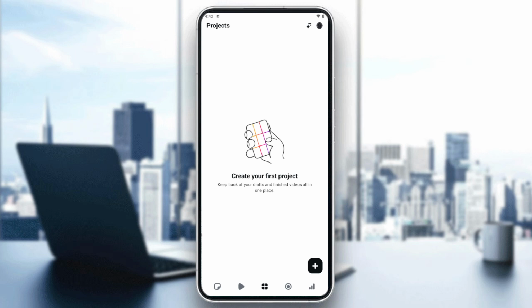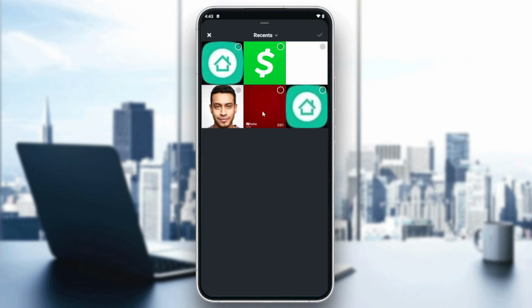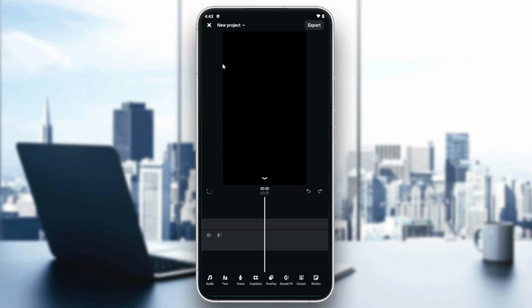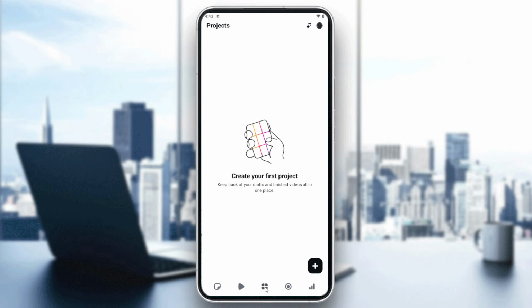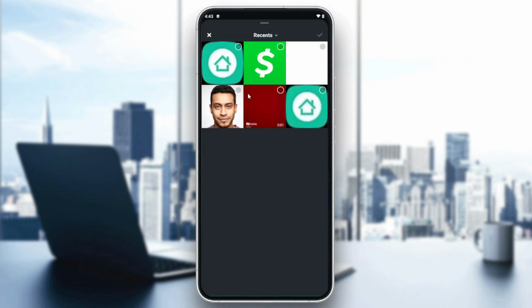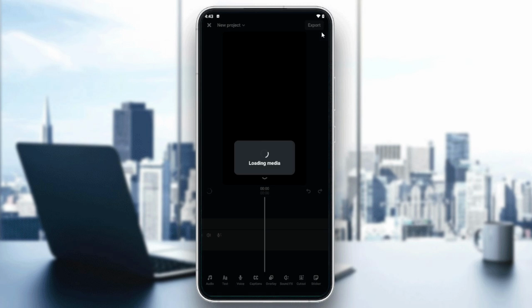And now let's begin. So now the first thing to do is to start our project. All we need to do is to simply go to this plus button, and from here it will allow us to create our first project or to simply create any project. So we click now. You can either start using some footage that you have, or you can already start recording from here. And here it will take you to your camera roll, and then you will be able to start recording with your camera. So let's just go here, and I'm just going to choose this video that I have,